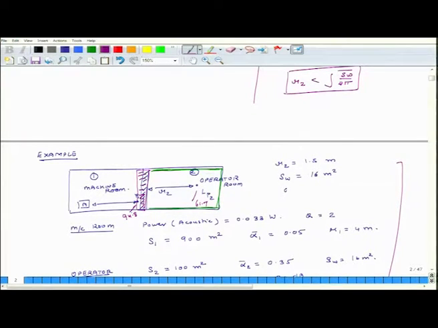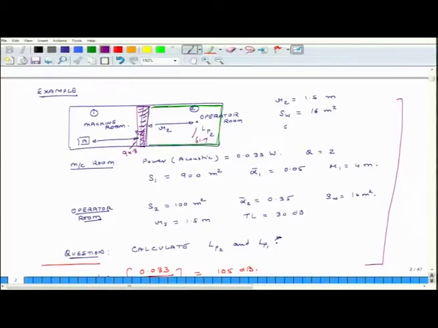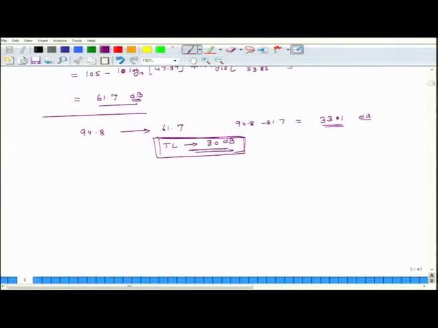So, it is very important to understand that the transmission loss is a very significant factor which will help you reduce the sound pressure level in the operator room, and this is a very common problem. You may also be experiencing this in your particular industry, and if you have the flexibility to make the wall heavier and more robust, then go for it. So, this is our discussion for today.